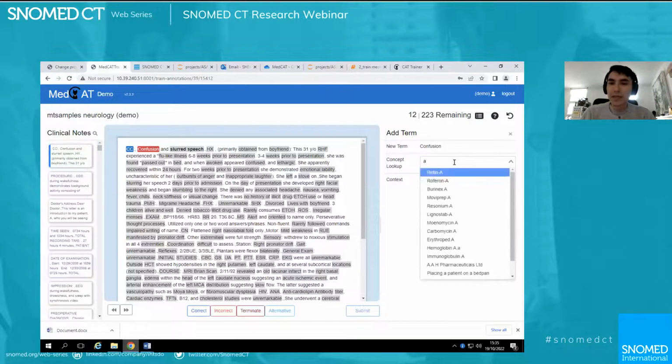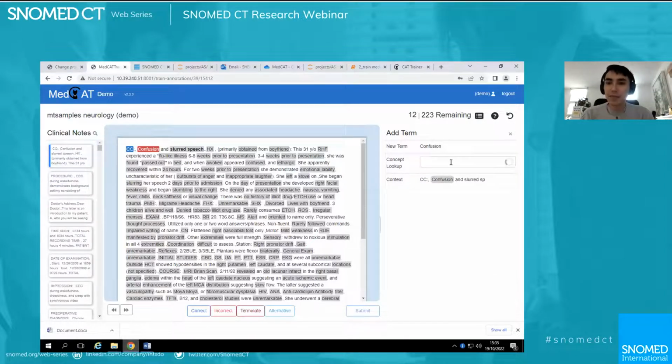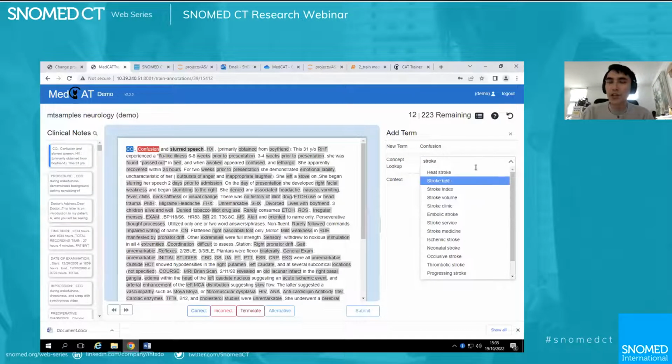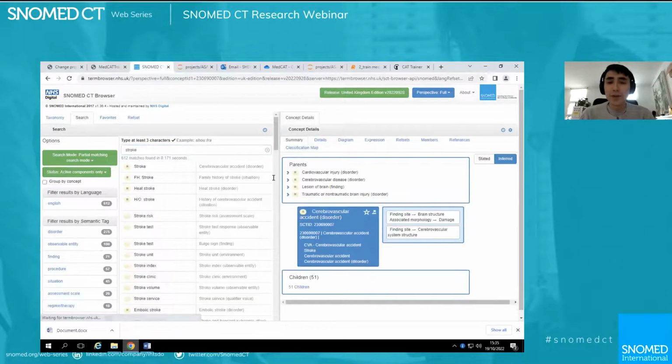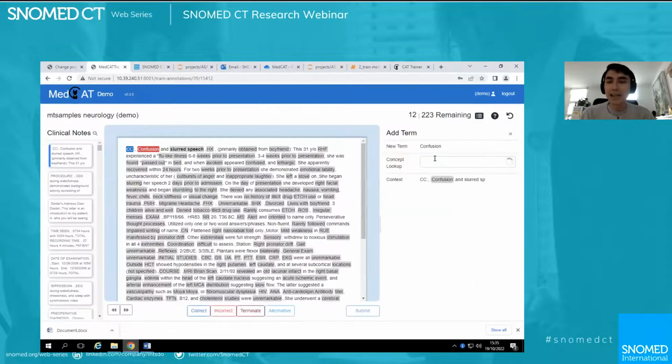And so in this case, there was a variety of examples. So if you were interested in that, this actually means stroke, you could search through and highlight the appropriate SNOMED CT term as well. If you knew the appropriate SNOMED CT term, or, since I don't know SNOMED CT or SCTID codes off my head, you can also add those codes to then label it as stroke, and then add the term, and then it would recognize.